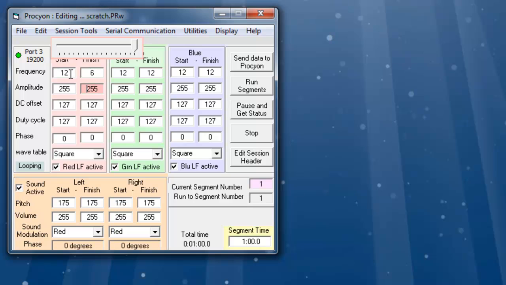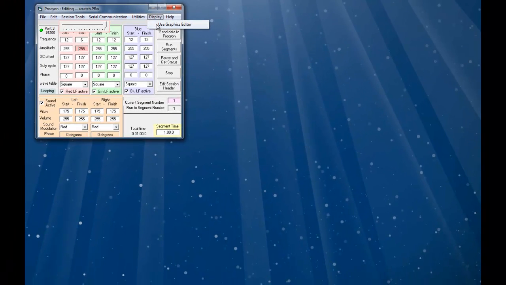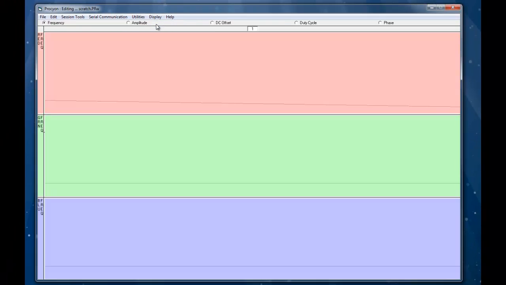That's called interpolation between the start and the finish. Now let's introduce a new part of the editor, which is called the graphics editor. By going to display, choosing use graphics editor, I entered the graphics mode. The graphics mode shows you a visual representation of the lines in your segments, the settings that you've made,